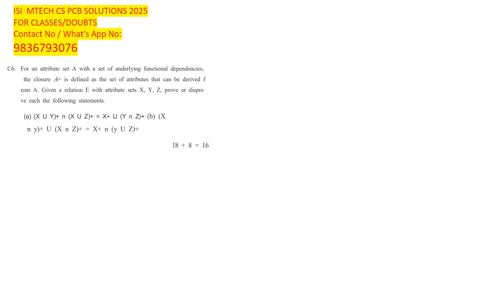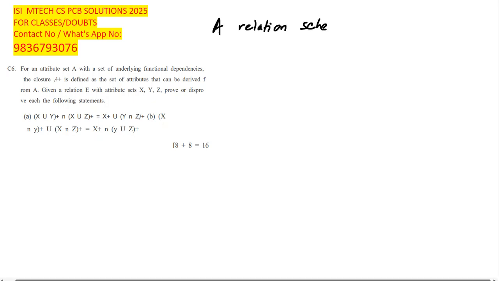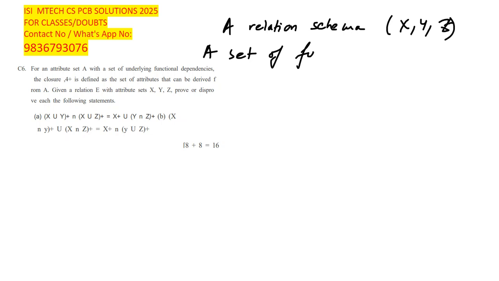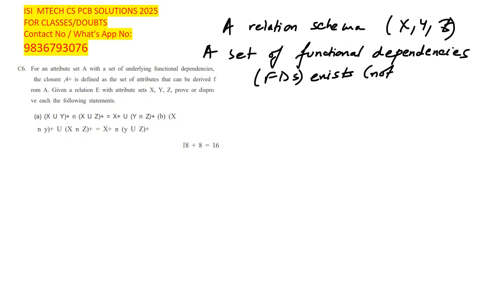इस सीरीज में हम लोग आ चुके हैं क्वेश्चन नंबर 6 पे। तो चलिए सॉल्व कर लेते हैं। यहाँ पे दिया गया है एक रिलेशन यहाँ पे और उसके एट्रीब्यूट्स क्या है x y z। ठीक है, तो अभी यहाँ पे ए सेट ऑफ फंक्शनल dependencies exist, not given explicitly। ठीक है,